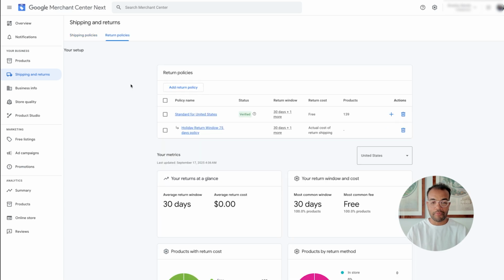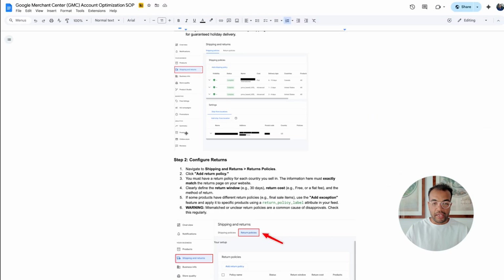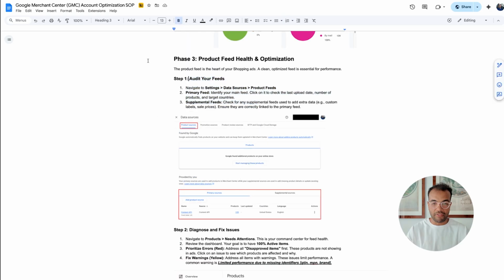For returns policies, again, this is the same thing. You'll have a standard return policy on your website. If you don't, you need one to run GMC. It's pretty much a requirement these days that you have a very strong return policy. So add the return policy within the GMC. Make sure it's reflected as the one that's on your page. You have to link directly to the returns policy page, which is a specific one. And it's one of the things Google looks for in terms of if they want to ban your Google Merchant Center or not. So once you've done shipping and once you've done returns, the next phase is around product feed,